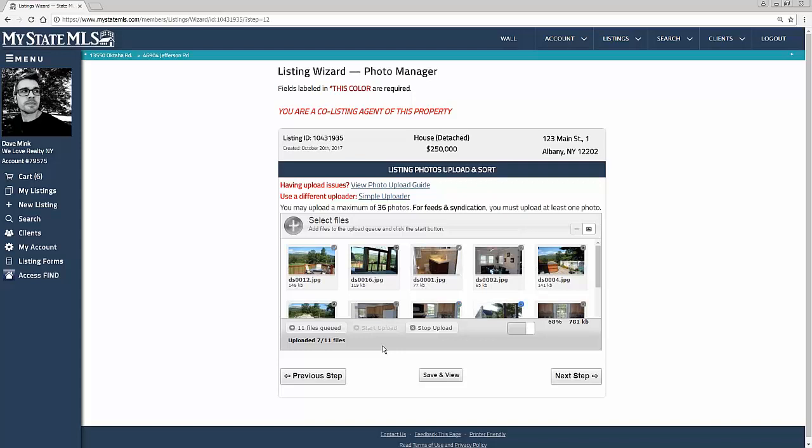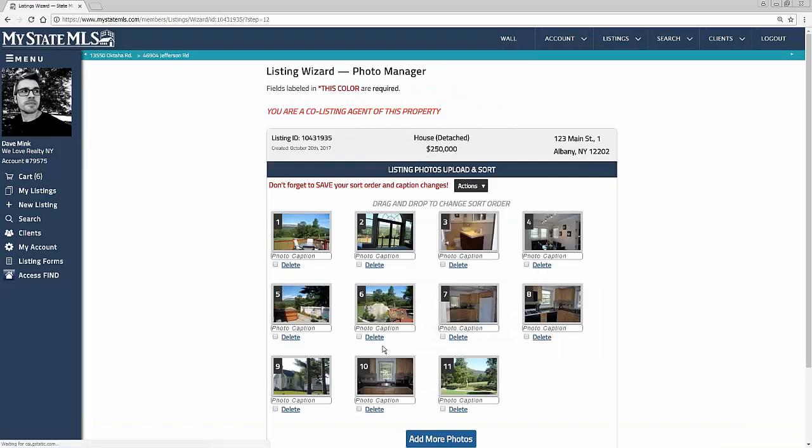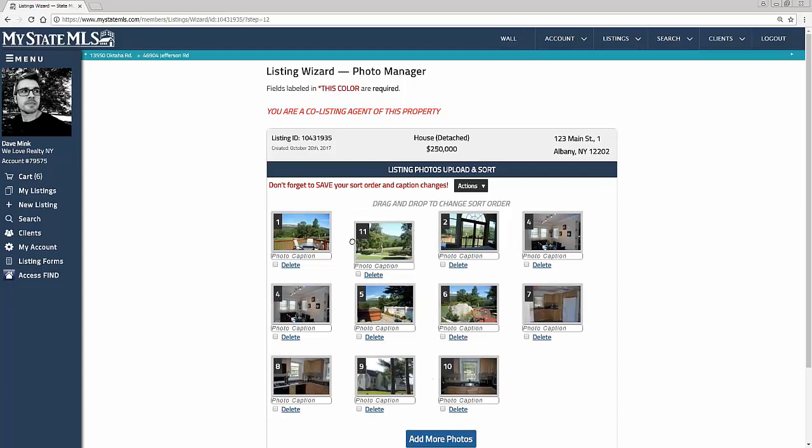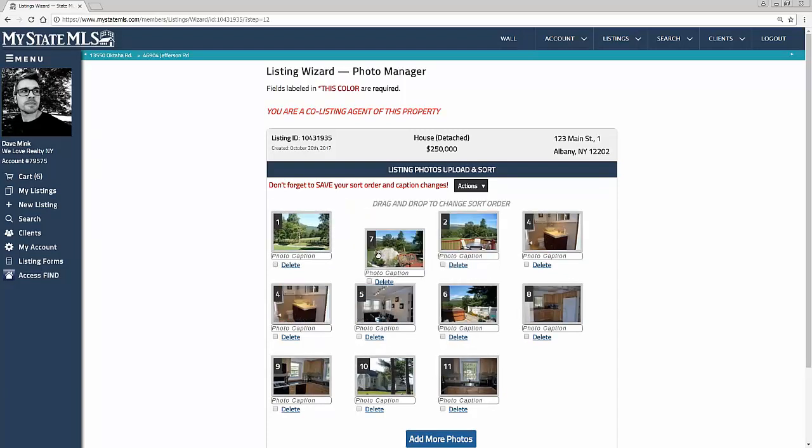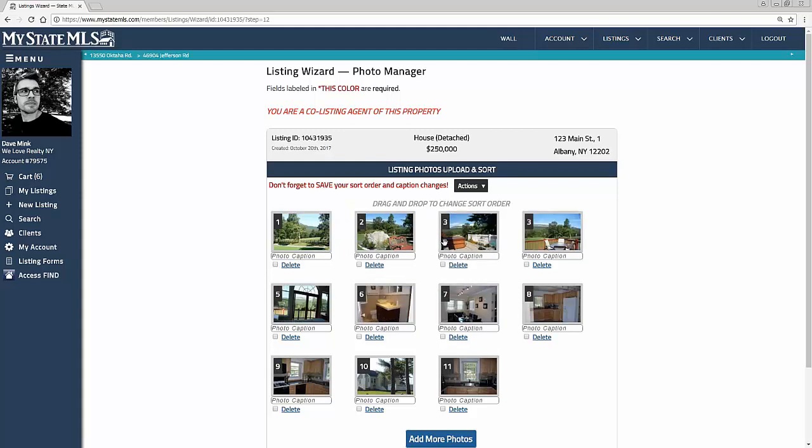We allow up to 36 photos in high-res HD quality, so if you get professional photos done, go ahead and add them to your listing, because this is really going to put your property in the best light possible. Once the wizard has uploaded all of the photos, we can go through and reorganize them into the order we like,